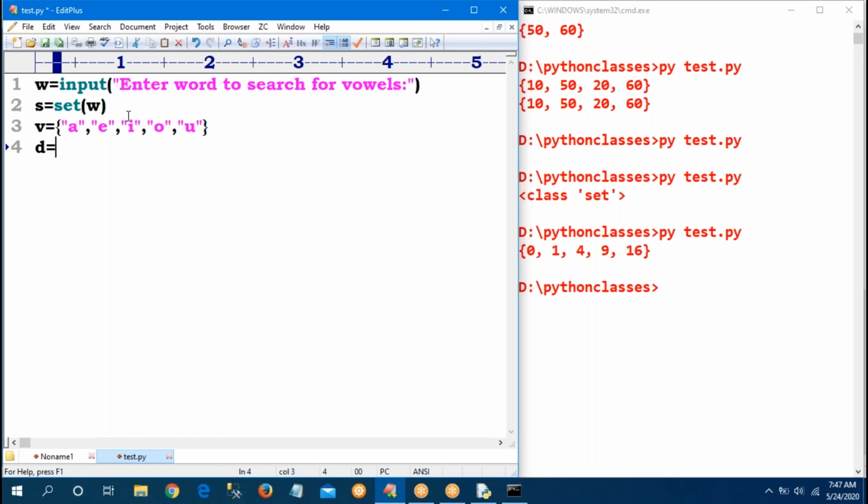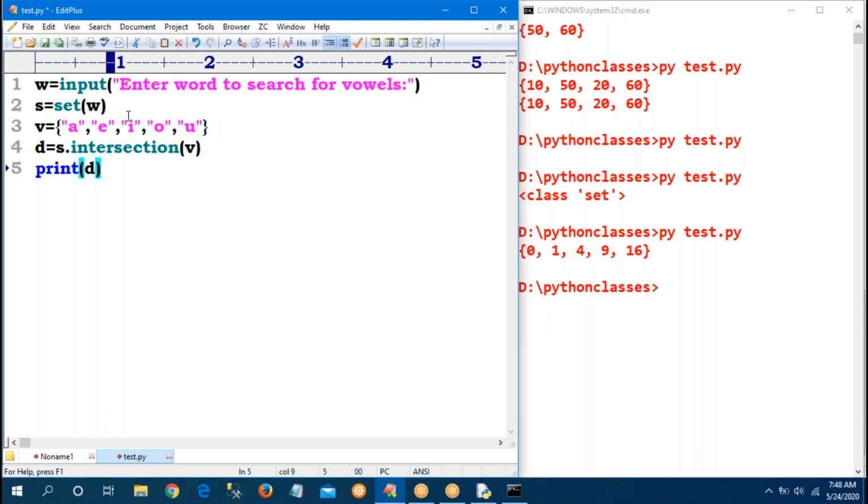Which function do I want to use? I want to provide S.intersection(V), because S is one set and V is one set, and intersection means common values. Done.